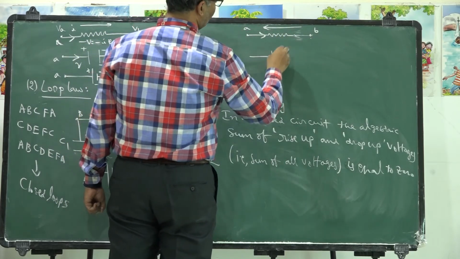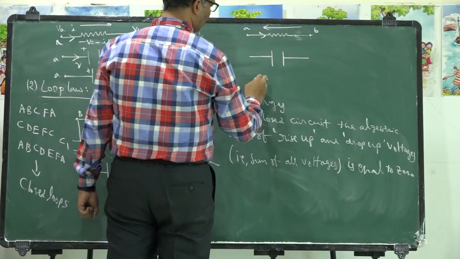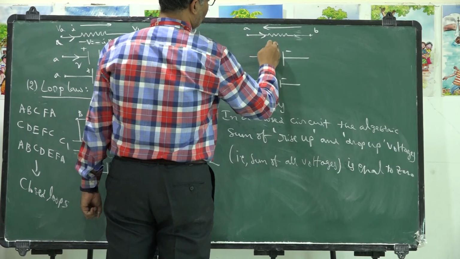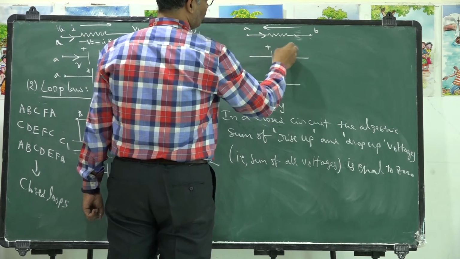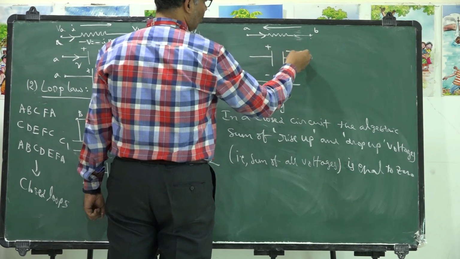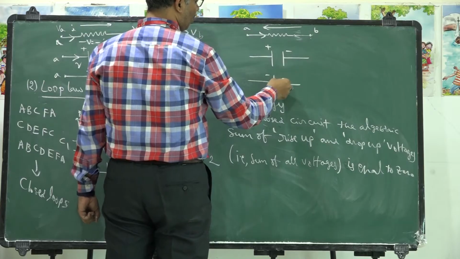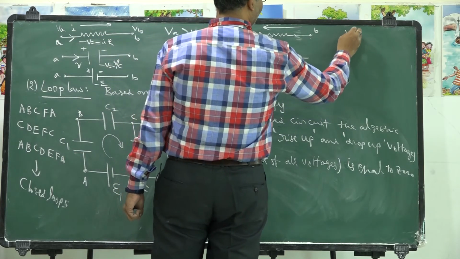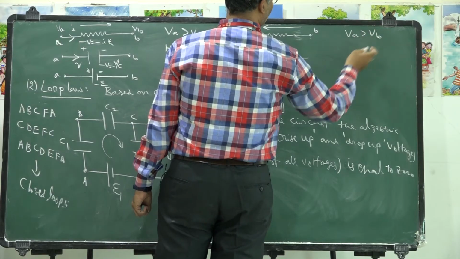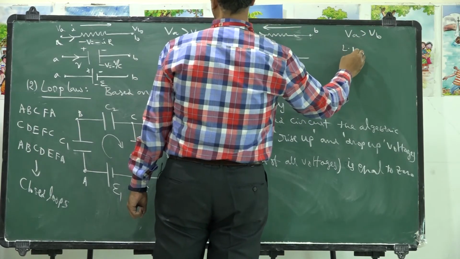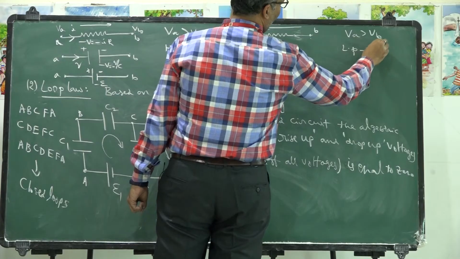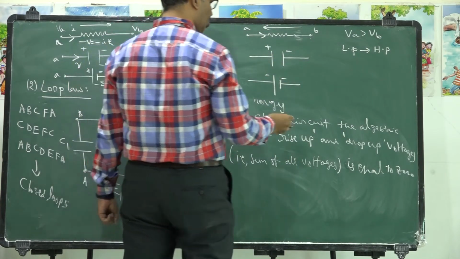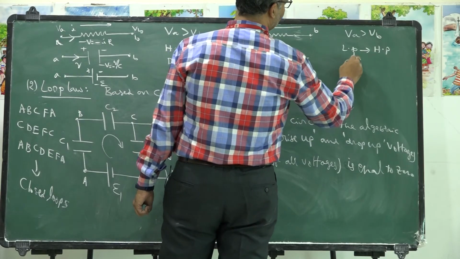Similarly, in case of capacitor, if you are moving like this. Similarly, in case of battery, if you are moving like this. That means you are moving from negative plate to positive plate here. You are moving from negative terminal of the battery to positive terminal. Here, potential at A is greater than potential at B, but you are moving from low potential region to high potential region. Potential is rising, hence such a potential is called a rise up potential.